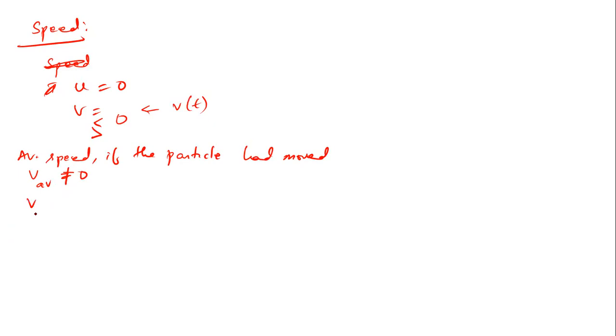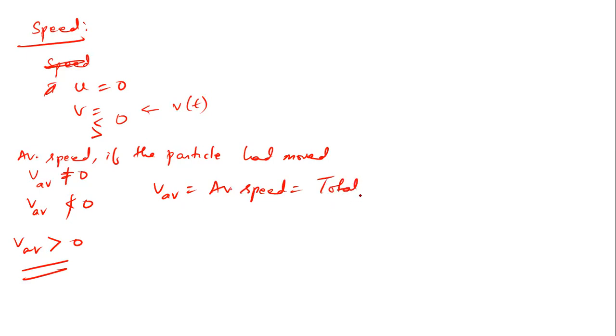And then the V average cannot be less than 0 also. Whenever the average speed we are considering, it cannot be equal to 0 or less than 0. V average should always be greater than 0. Now, let us see why it happens like this. V average, that is the average speed, is defined by